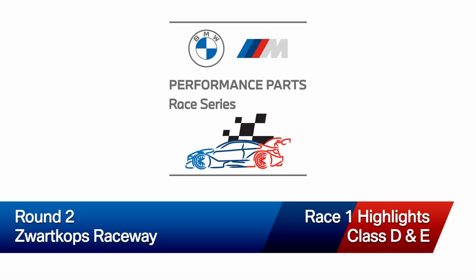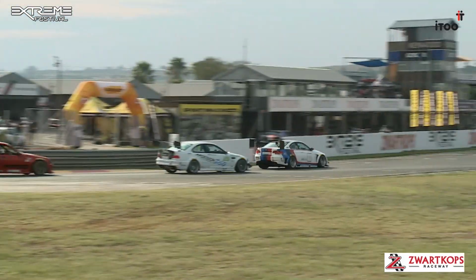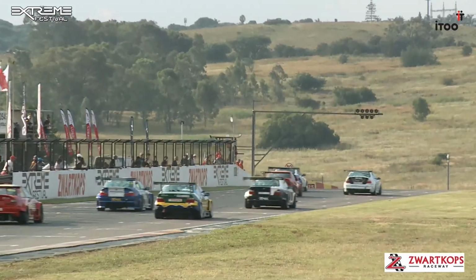Let's watch how they take that last corner onto the main straight. Leon to lead the way, and let's see if we can keep it all together at the front end for a double victory. That's what he'll be searching for, but of course there is an epic fight always expected just